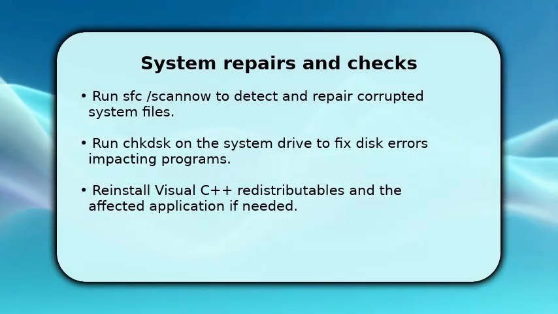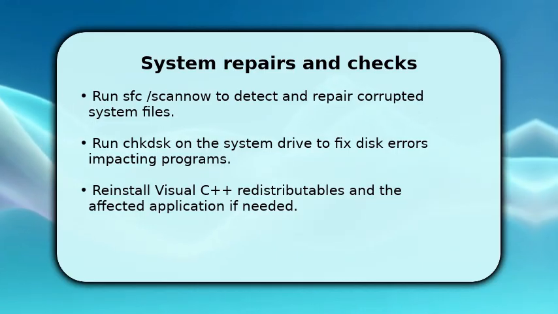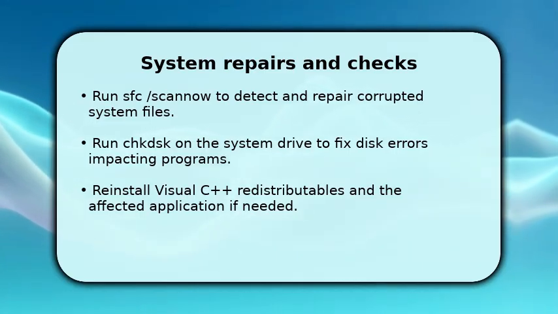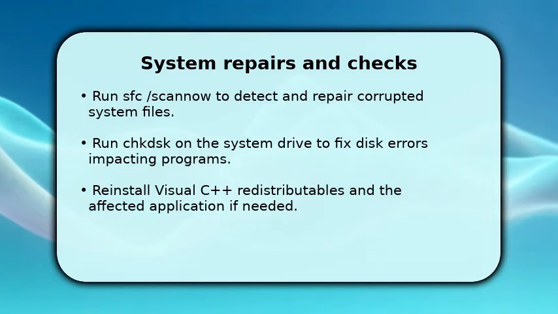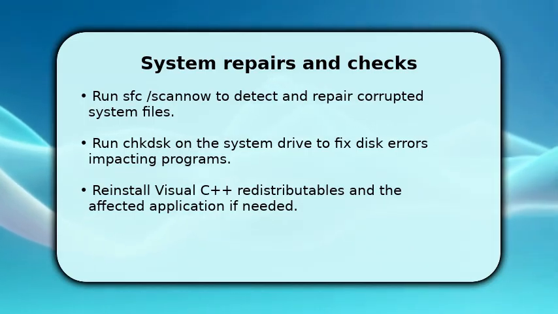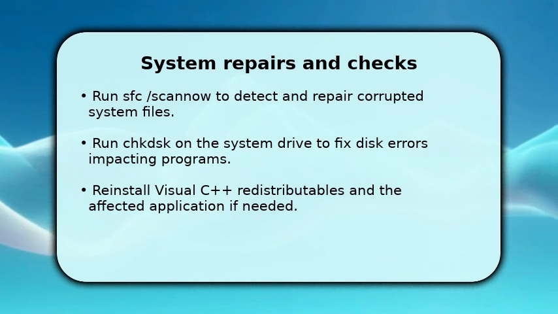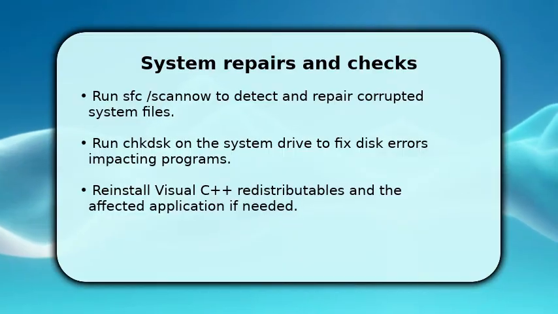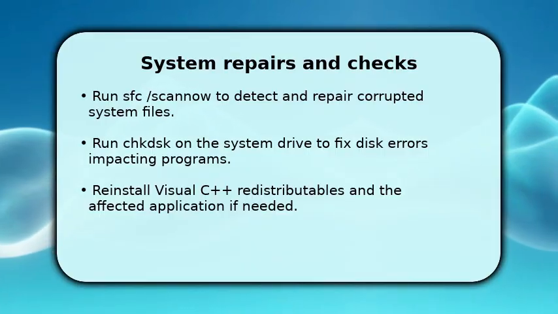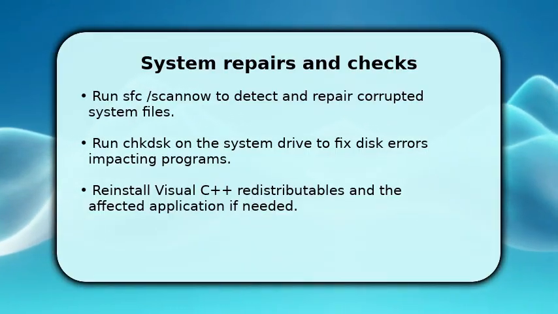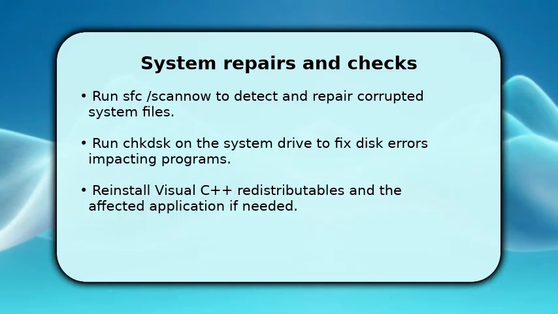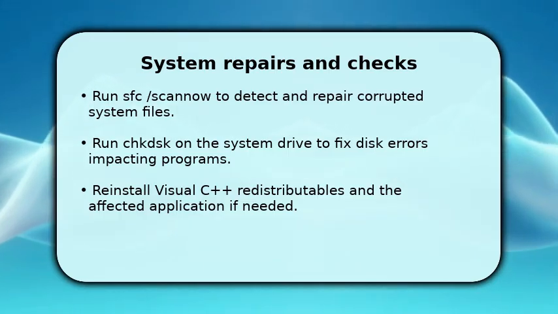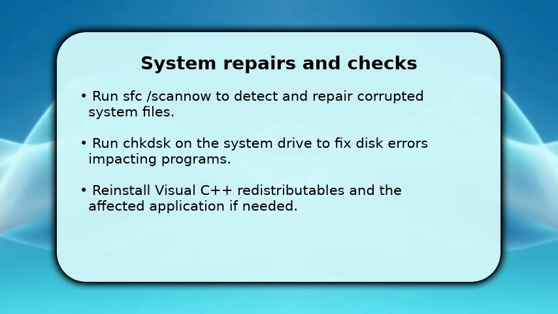chkdsk c: /f /r to correct disk errors that can cause access violations. Reinstall Visual C++ redistributables matching the application requirements and reboot. If the error persists, uninstall the affected application completely and reinstall it cleanly while running the installer as administrator. Test the program after each step to isolate which repair resolved 0xc00005. When all other steps fail, perform a Windows 7 repair install as the final reliable fix for